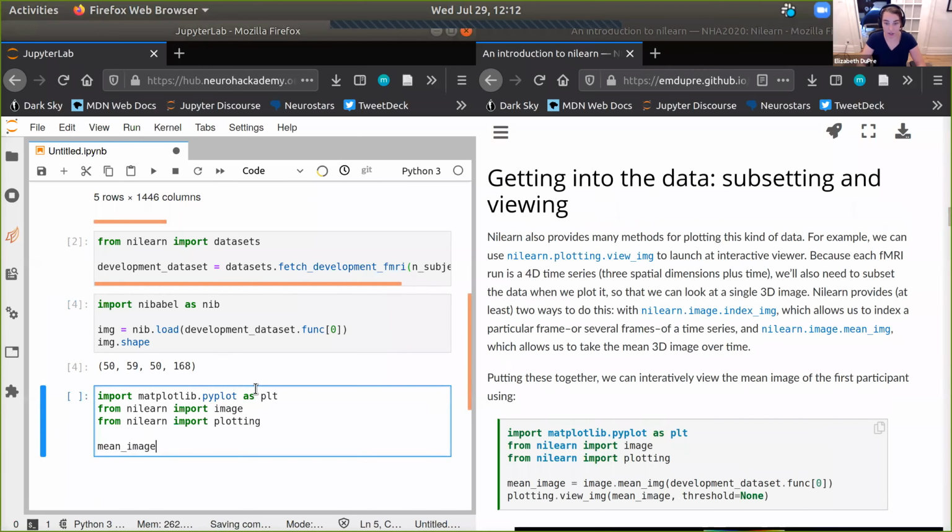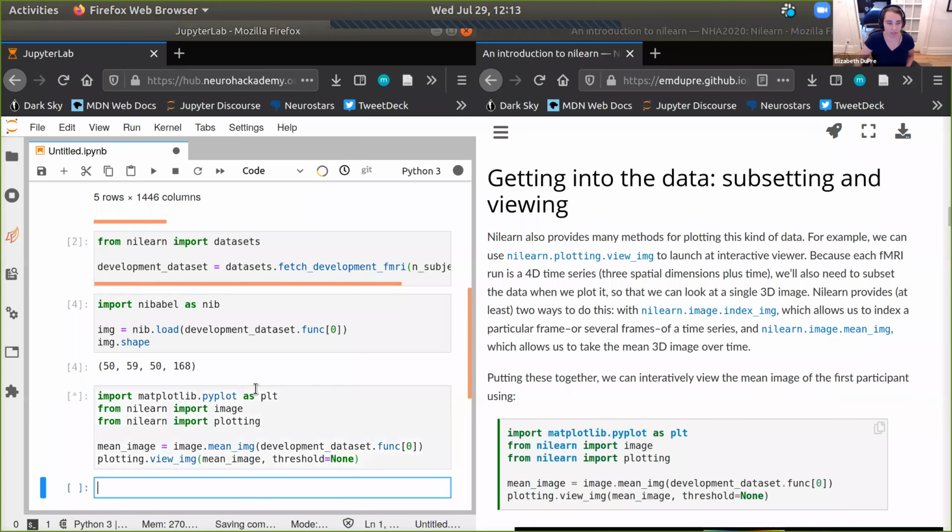Using this Nilearn import, I'm going to call mean_img, and again, just take it for the first participant. And then I'm going to plot that mean image with view_img. Because I just want to look at it, I don't want to threshold it in any way, so I'm just going to say threshold equals None. And it's going to think for a second.